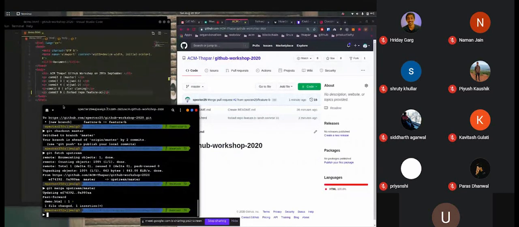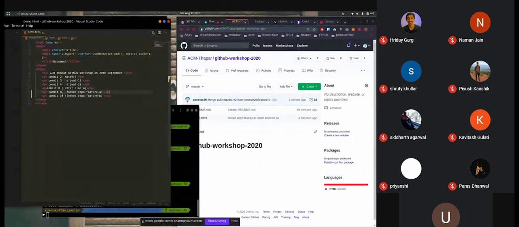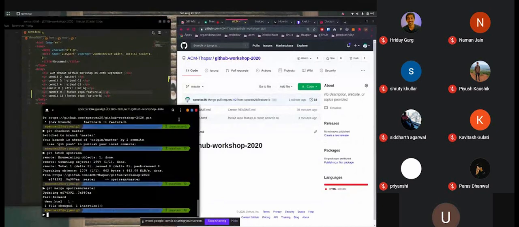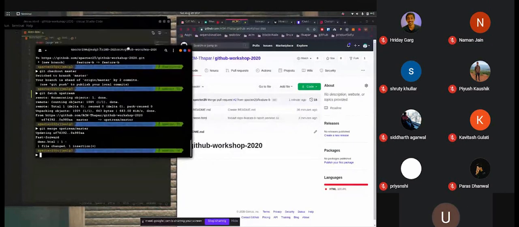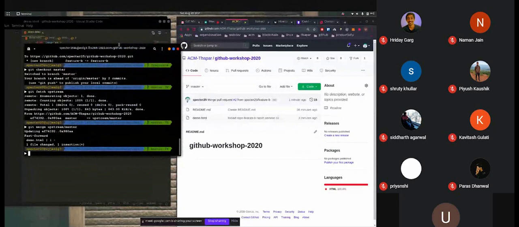Git merge upstream master. Okay, I have merged and see the commit 10 appears now. So this ensures that before we start coding, we have all the latest changes locally.